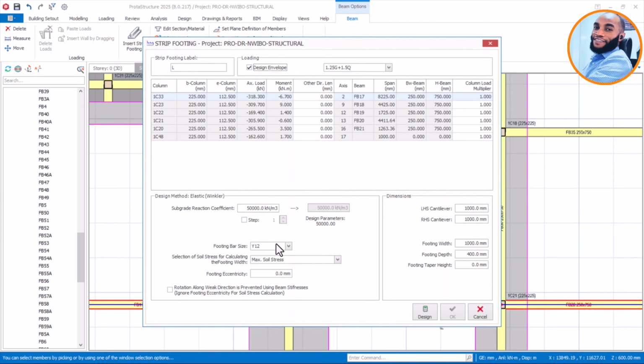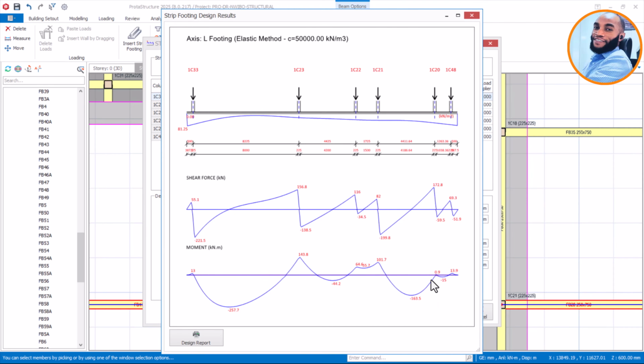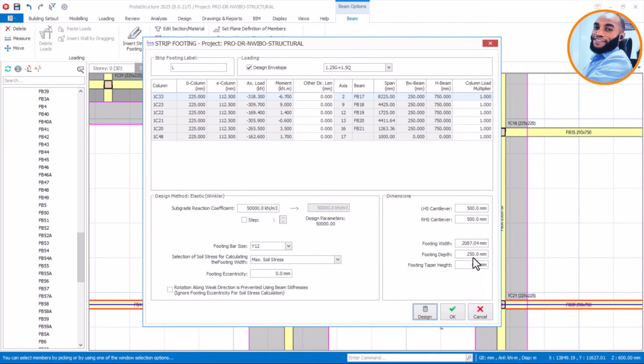Check this. Here must be 12. Come here 500, 500. Come here 0. Come here 250. Alright, that is fine. Then design. Okay, that is fine. And then say okay. Here you can see 2028 something. So I'll come and make it what